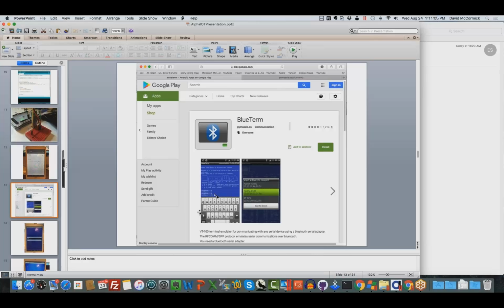So here's a picture of the thing. I actually took a photo of it. And when I went to connect to the device, it showed me the devices that were available. And it showed me my HC06 device there. And below it, if you take a look, there's a number there, which is the MAC address. 2016-04-25-3370. That is a unique identifier to that particular HC06 device.